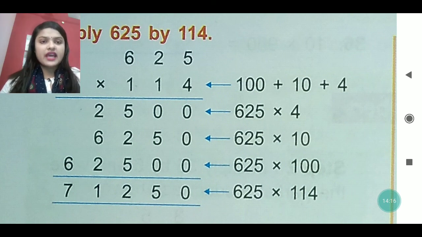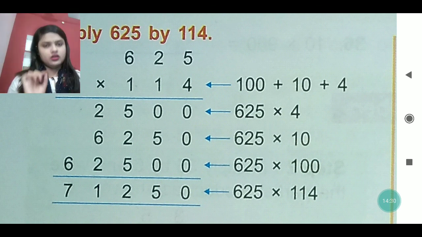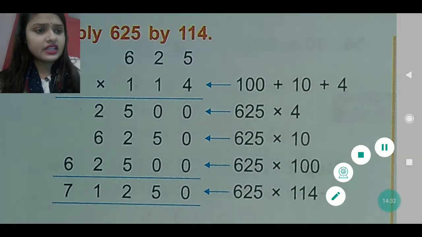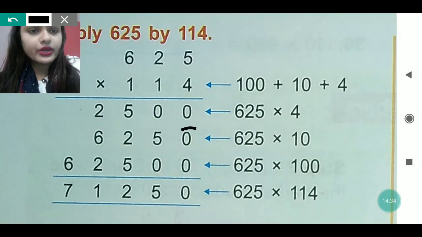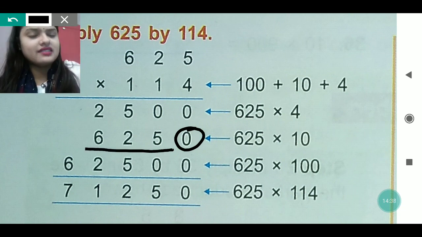Now we are multiplying with 1. So when we multiply 1 with all the digits, we get the digit itself. But before we start writing the product, we have written 0 in the first digit place. You can see it written here. After that we have multiplied and got this as the answer.